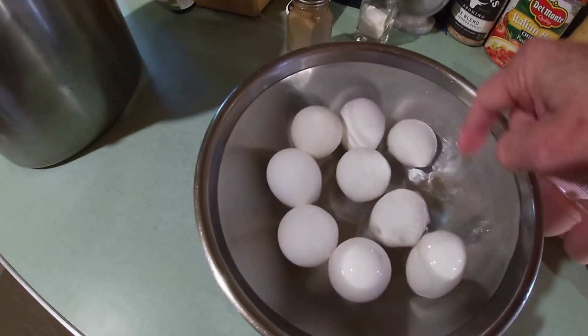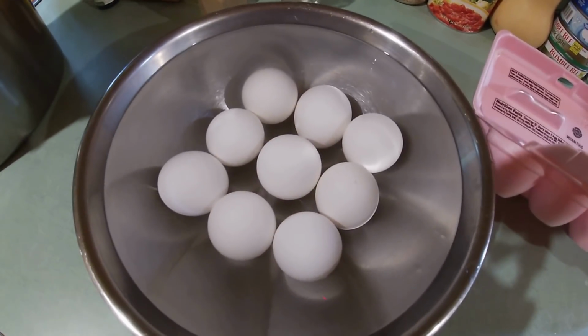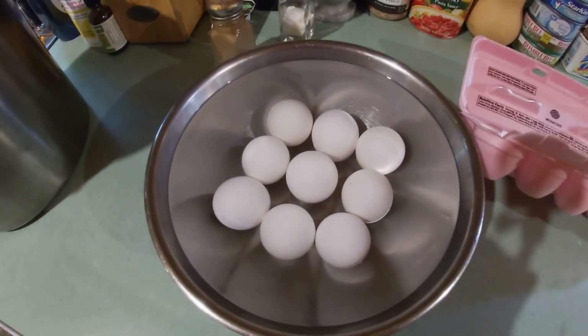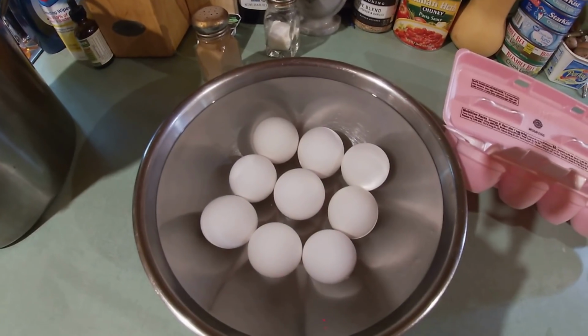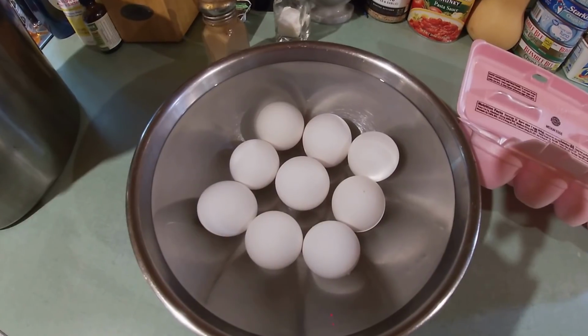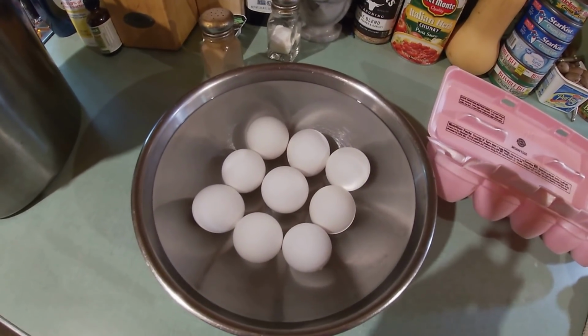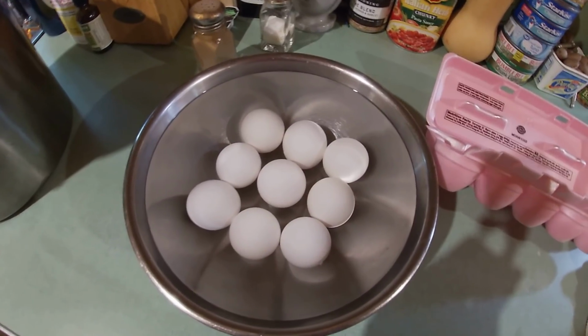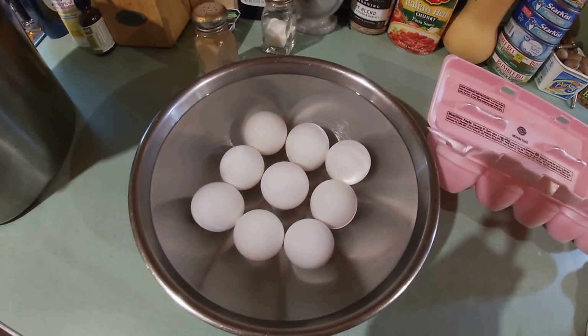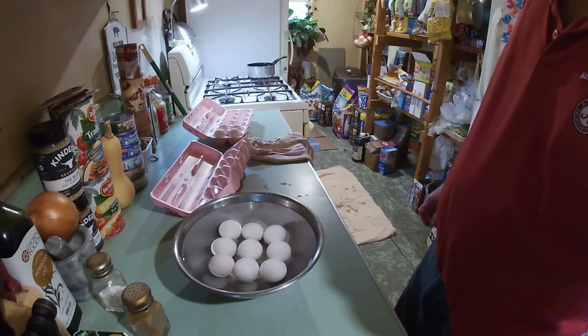Now we're going to take the rest of these, and you see none of them are floating. So the hypothesis, or scientists, have determined that these will still be good. And that's what we're going to cook up. We got 9 out of the 12, and that dozen still good to go. Okay? So what we're going to do,